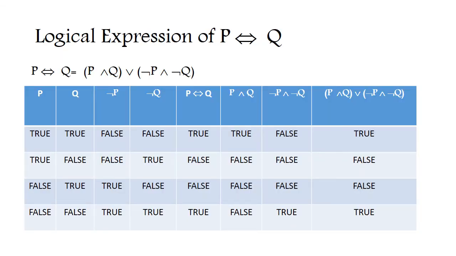Let's see the logical expression of P equivalent to Q. It is actually the expression for the NOR gate. Now I have kept it solved because this is very simple. We have already got this in the previous truth tables, and this is simple OR and AND. So you can go through this truth table once and see if you can solve it on your own. You can see over here that these two columns are identical, so they have the same truth values for all the combinations of P and Q. So hence we can conclude that this is the logical expression of P equivalence Q.